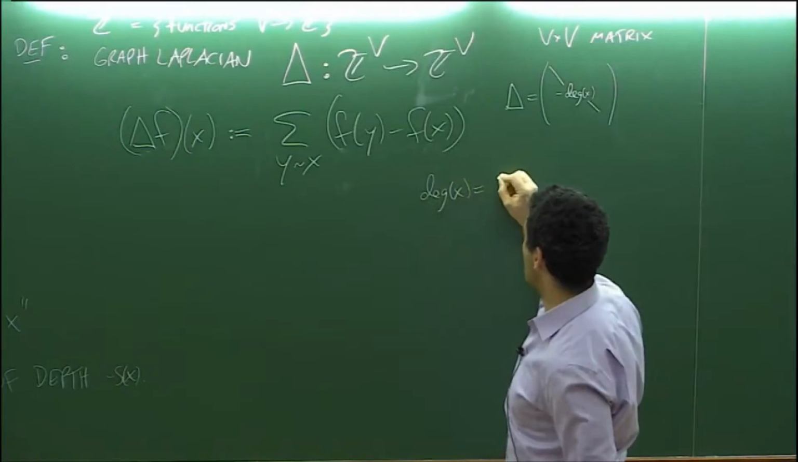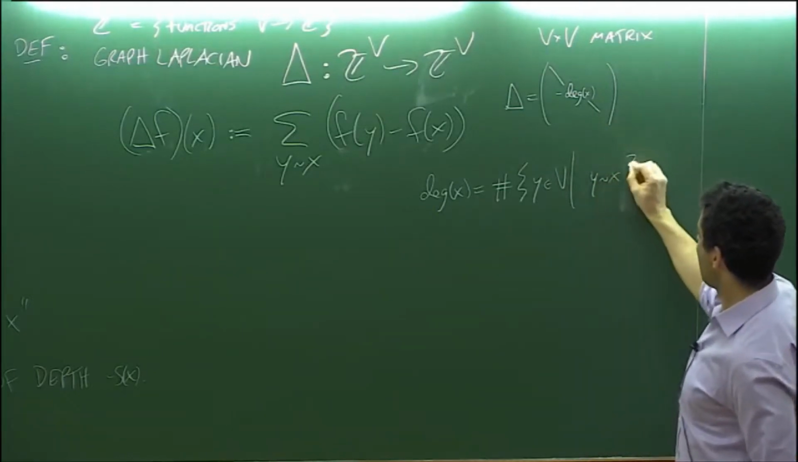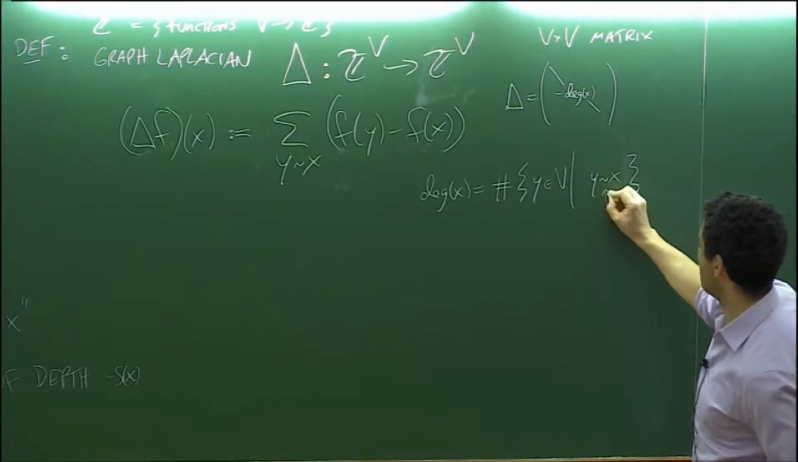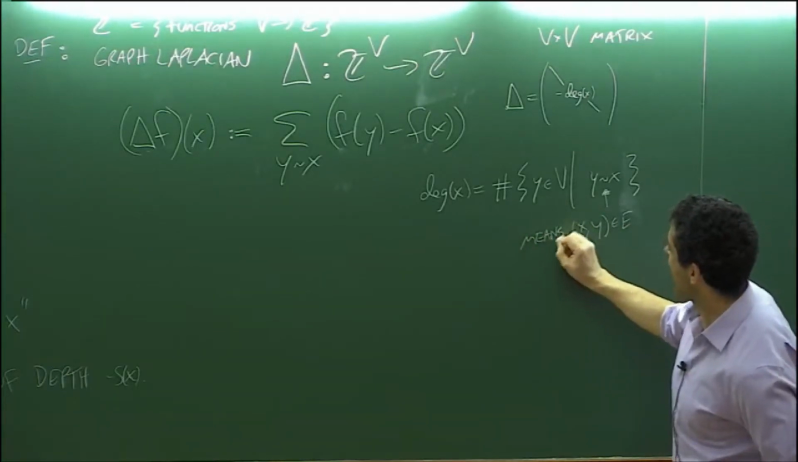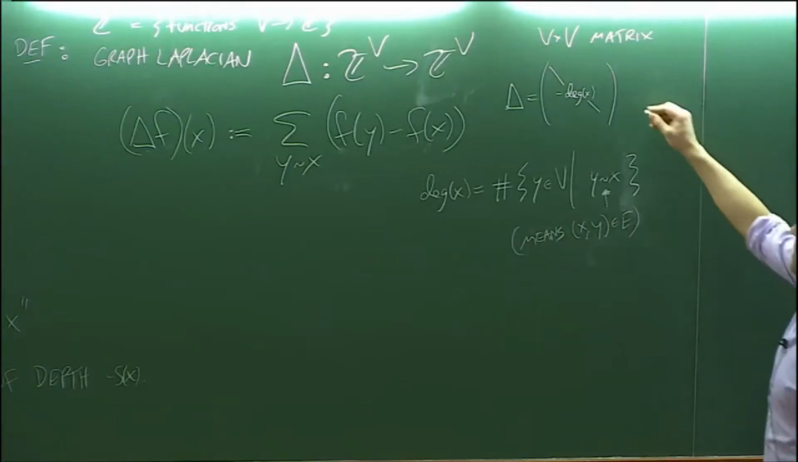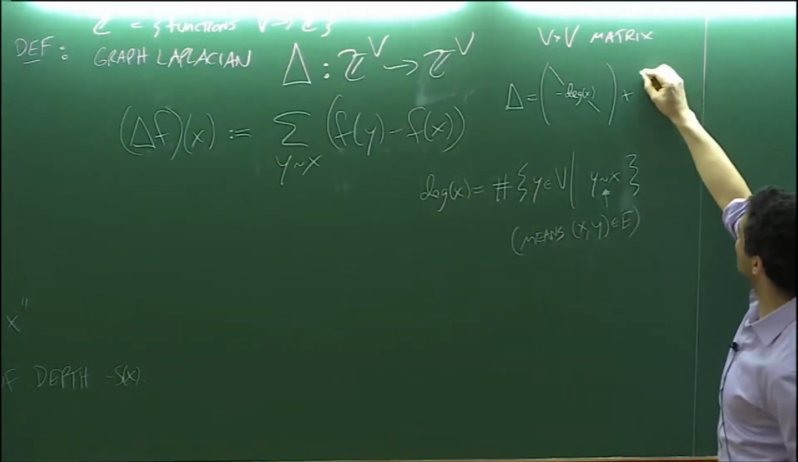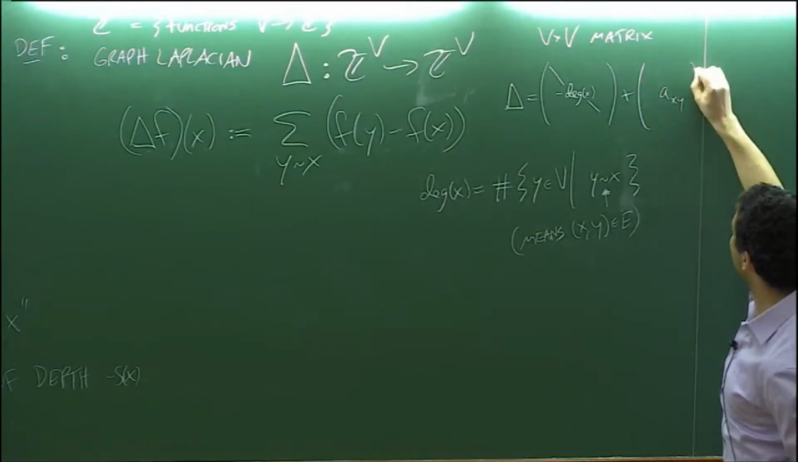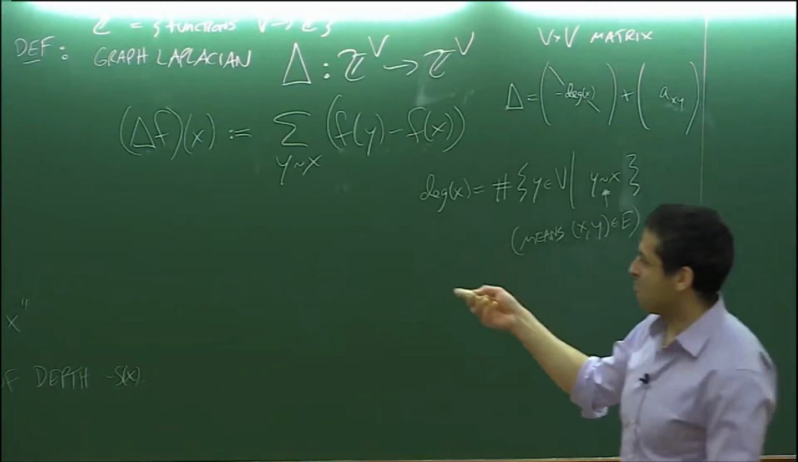So degree of x is just the number of neighbors. This tilde symbol means x, y is an edge, or x and y are neighbors. And then it has a term coming from the neighbors, f of y, so that's like the adjacency matrix of the graph. So these A's are 1 if x and y are neighbors, and 0 otherwise. Okay, so it's some matrix you can associate to your graph, and it's useful for encoding how the chips move around in